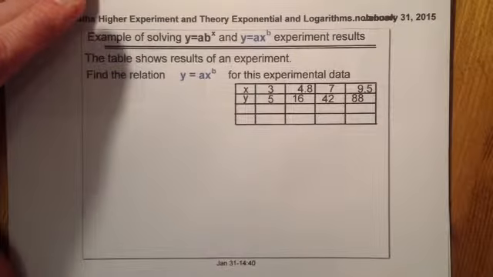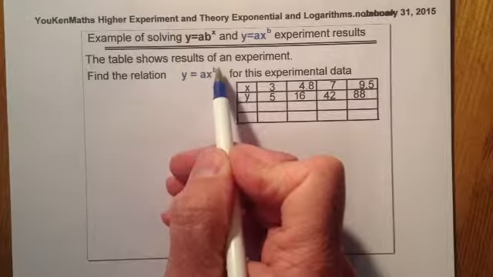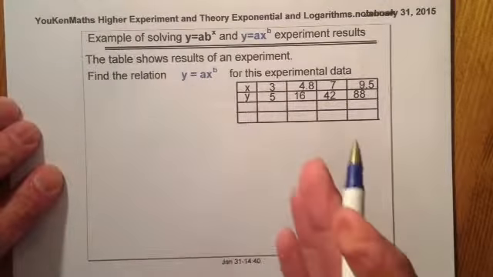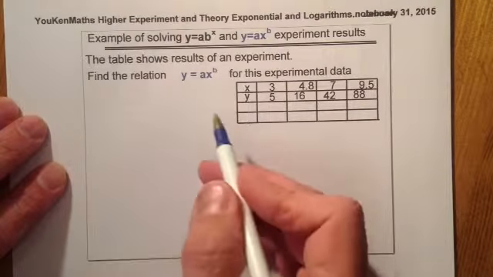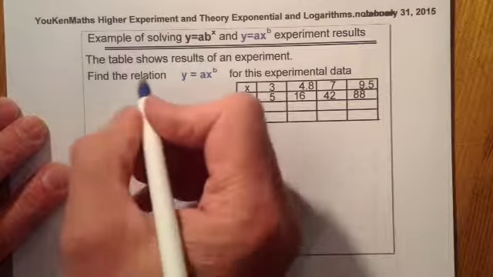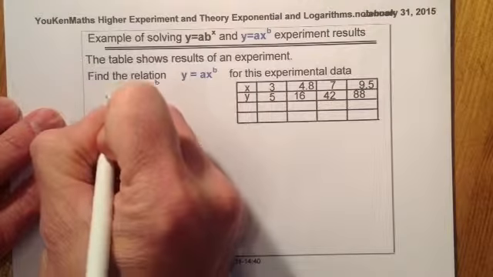Okay then, so I'm going to follow the same process as I have with the one we did before, although the formula is going to be slightly different, and the unravelling process will tell me what I need to do based on the information that I get from there. So, different formula that we're using, so it's y is equal to ax to the power of b, and I'm not going to draw the graph for this one, I'm just going to work out the information that I need. Right, so the first thing I had to do was to show this in log form. So we're going to start with y is equal to ax to the power of b, taking the log to base 10, both sides,